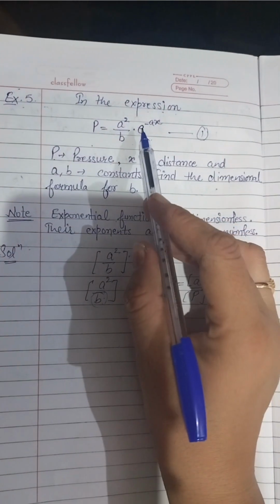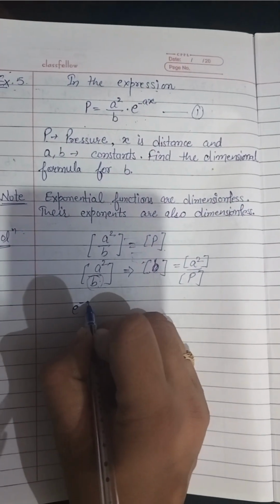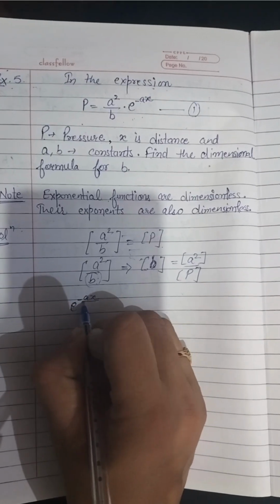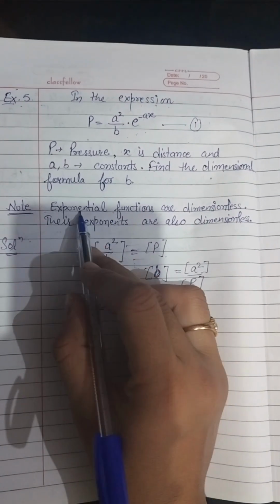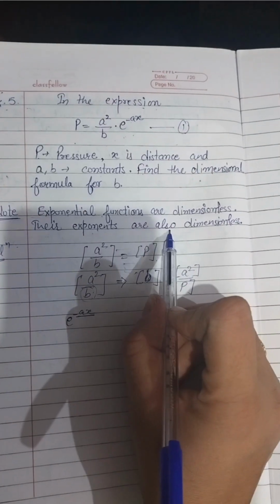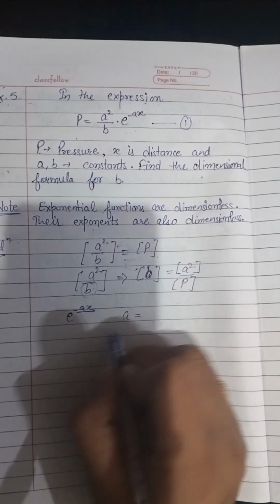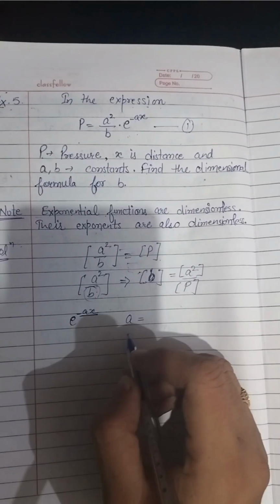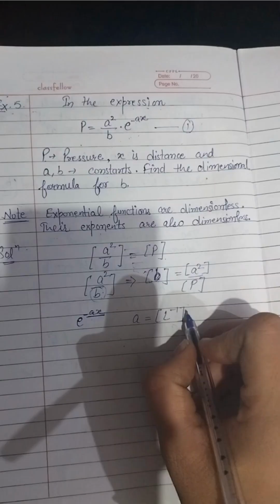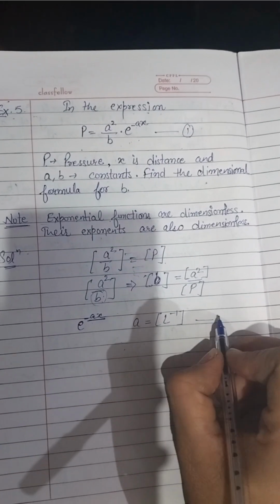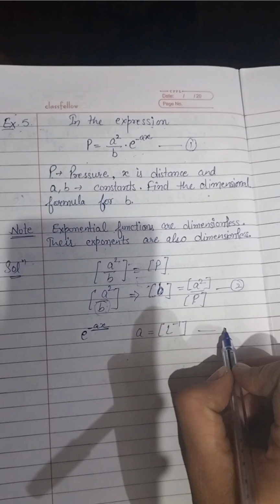Here in the equation, the exponential is e power minus ax. As we noted, the exponent function is always dimensionless. So a has the dimension L to the power minus 1. If we put the value of a and the value of P in equation number 2, then we find that